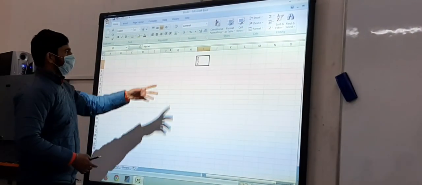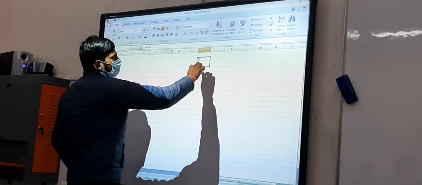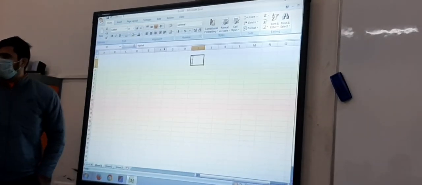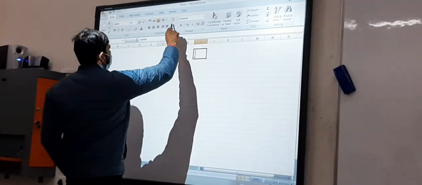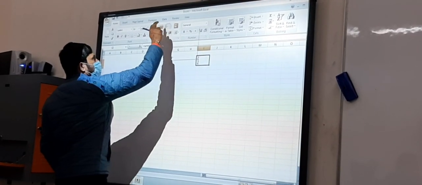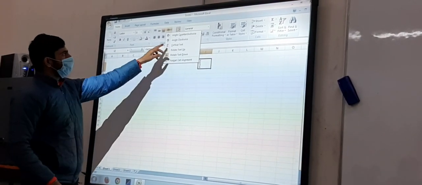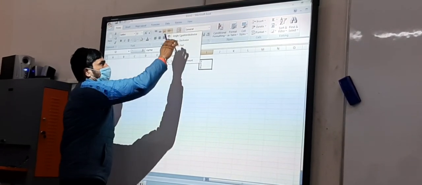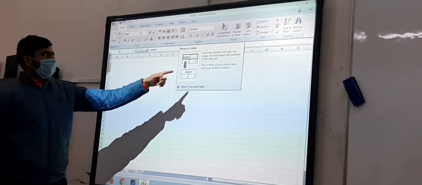Suppose you want it in a 60-degree form. Then we will click on that. Here you can see that the angle is counted clockwise.